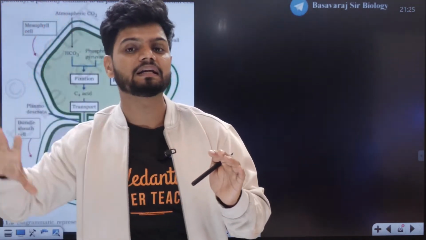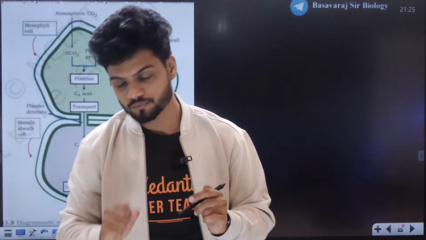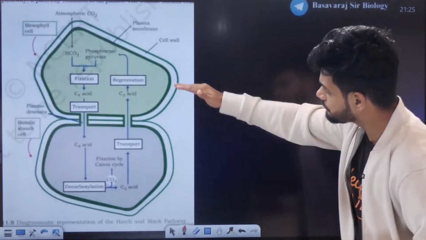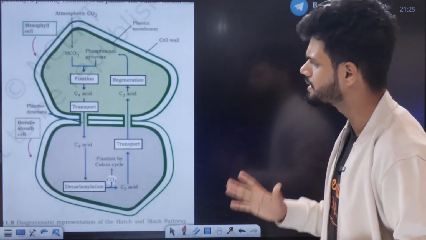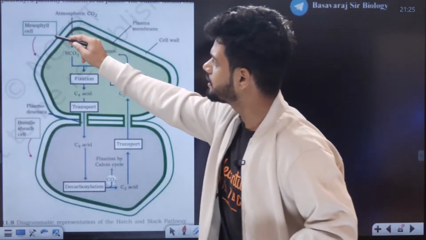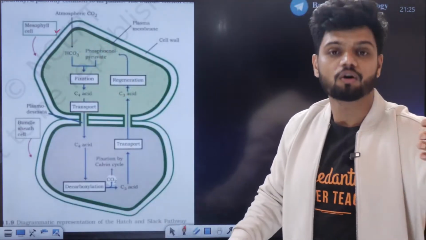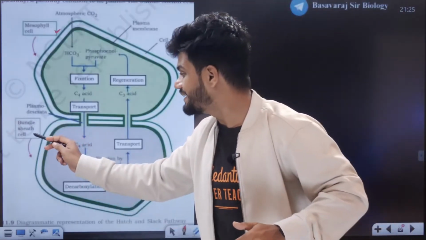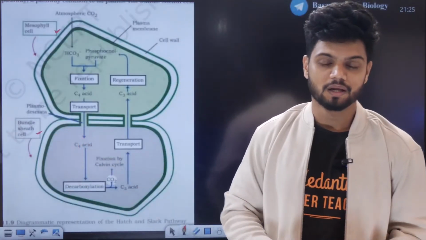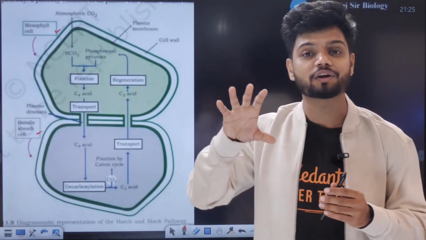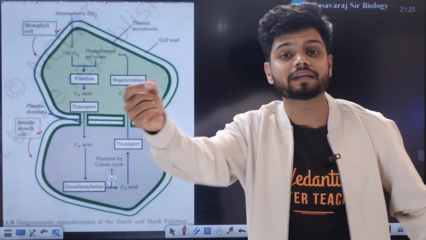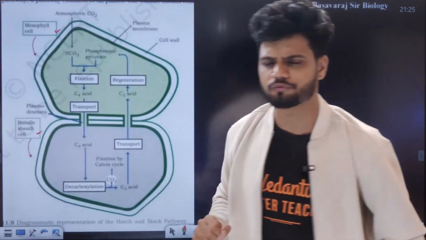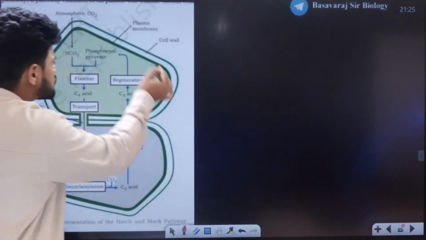vascular bundles are completely arranged in a wreath-like structure. Now here we have two different types of cells. One is called as mesophyll cell on the outside, on the inner side bundle sheath cell. Now outer mesophyll cell has a separate reaction, while bundle sheath cell also has a different type of reaction occurring here. Understand, all of you. In the mesophyll cell,